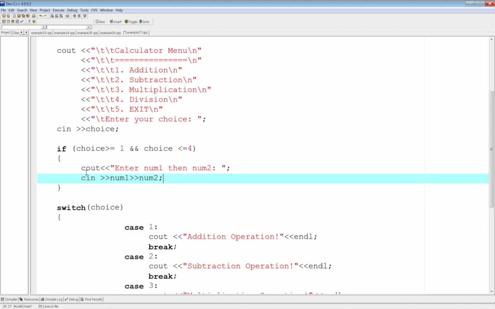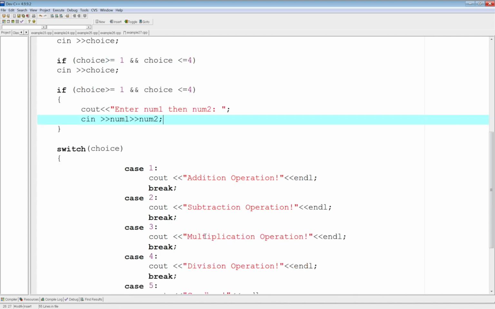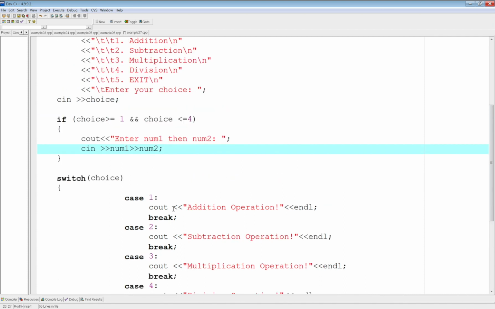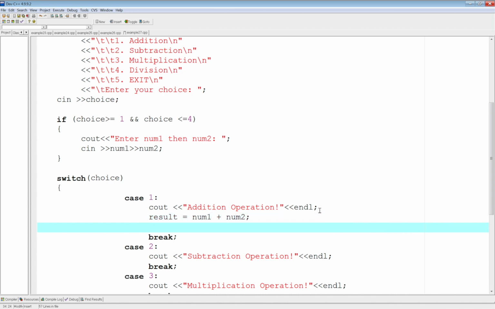Could I have rewritten this part inside of each case? Yes. It just will be, you're going to have too many lines of code. So I like to write things as efficient as possible. Now it's a matter of, okay, if I picked one, go ahead and do the operation. So result here is going to be equal to num1 plus num2. And then go ahead and print the result. So cout "result equals" result. And then put an endl